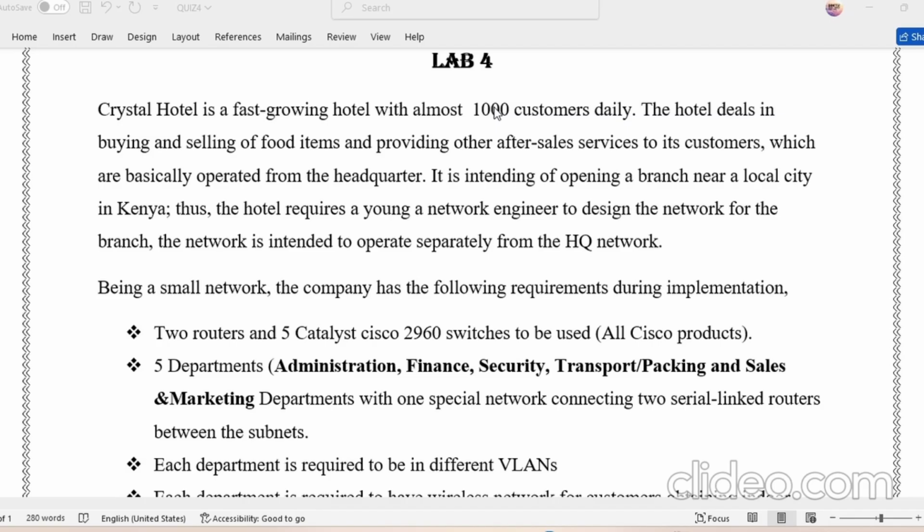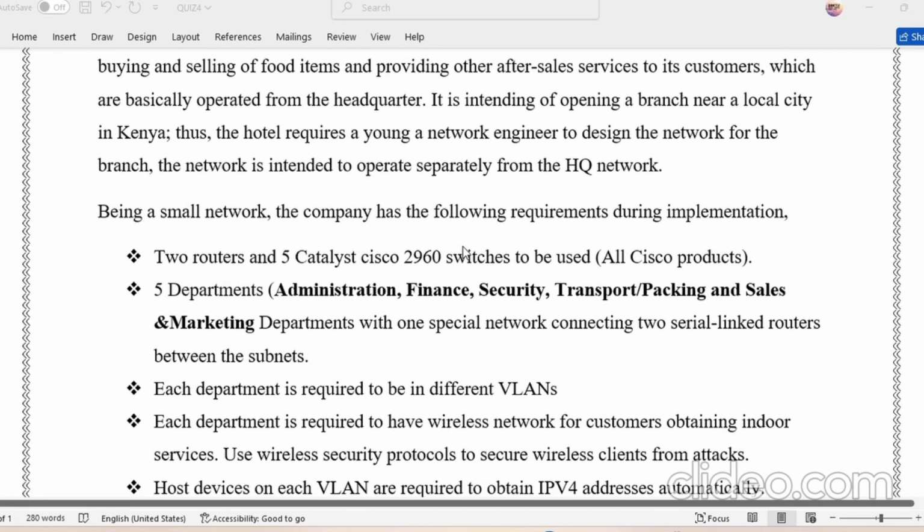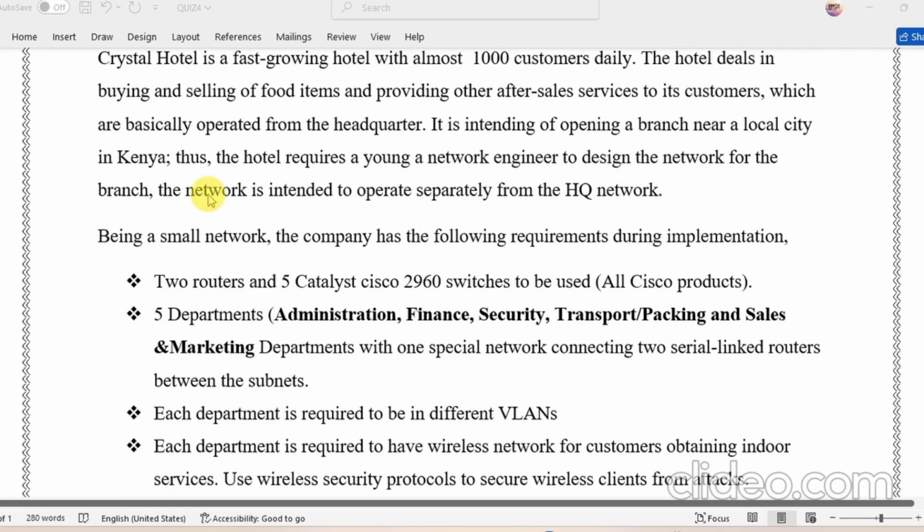So this is lab 4. Let's proceed. Crystal Hotel is a fast growing hotel with almost 1,000 customers daily. The hotel deals in buying and selling food items, providing other after-sales services to its customers, which are basically operated from the headquarters. It is intending to open a branch near a local city in Kenya. Thus, the hotel requires a young network engineer to design the network for the branch. The network is intended to operate